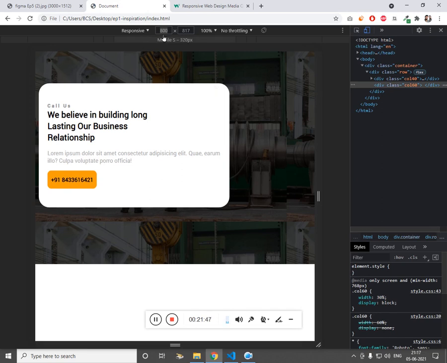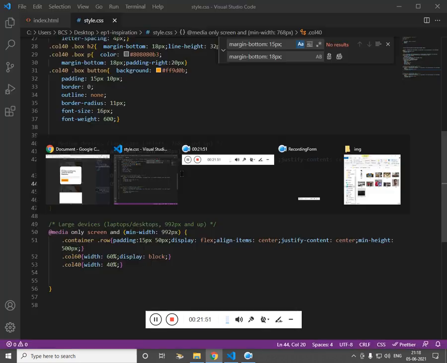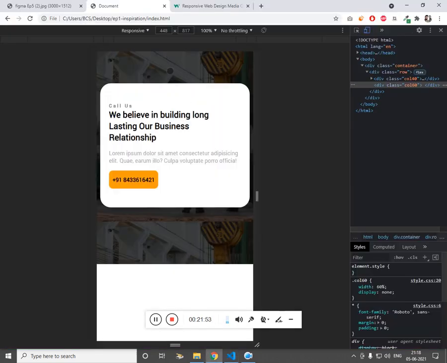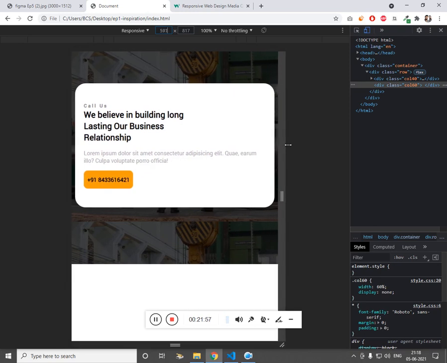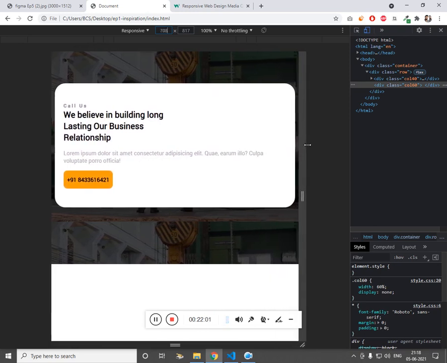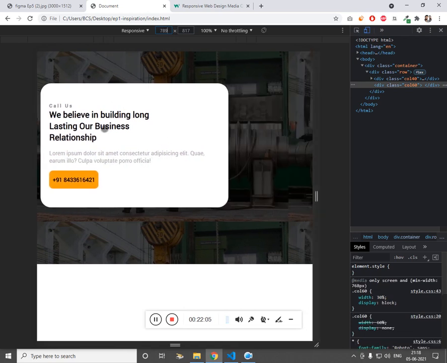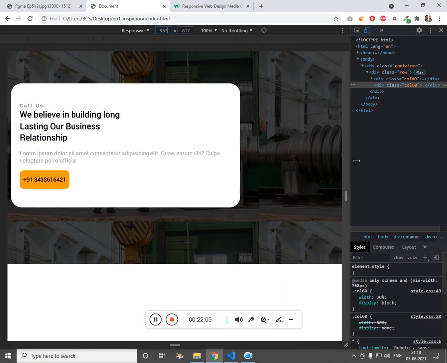So now you have learned the 3 breakpoints. First one below 768. So below 768 it would be full width. Once it reaches above 768, the first one would be 70%, the second one would be 30%. So once it reaches above 992, let's say 1000, it is going to be 40 and this is going to be 60. So I hope the concept is clear.